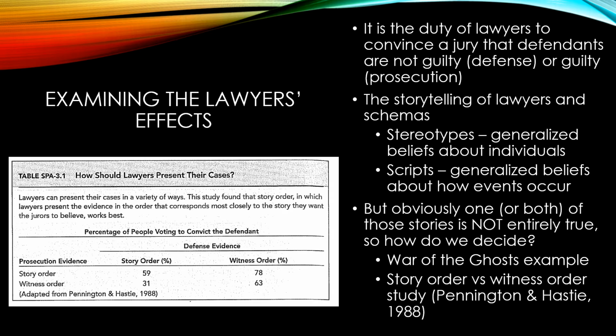Now, another very important group that we mentioned earlier in these trials are these individuals that we call lawyers. In most court cases, especially criminal ones in the United States, you have two lawyers. You've got the prosecution, ones that are trying to find ways to convince jurors that the person accused of doing something was actually the person that did it. And then you've got these things that we call defense lawyers, people who are trying to show juries or a judge that the person being accused of something is innocent.